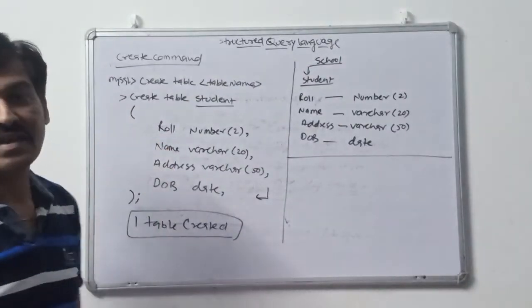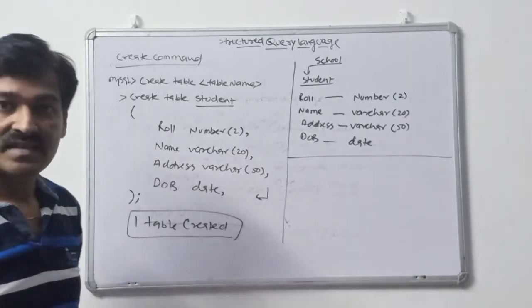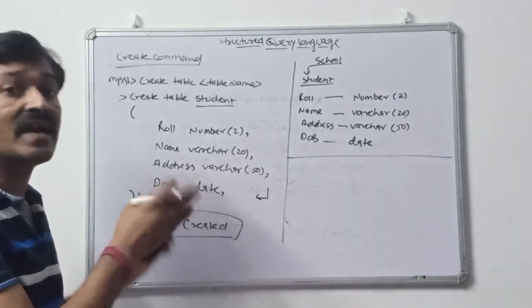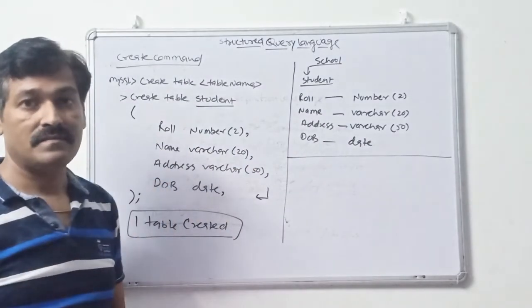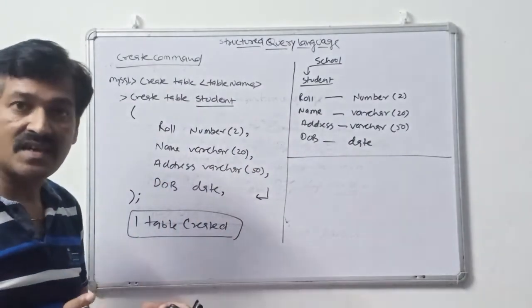Once the table is created, it is created, but it is not used in the same way. This table is not in the tabular format. This is the table created by the language, in a language format. What did we do? We coded this table. We have done coding for this table.